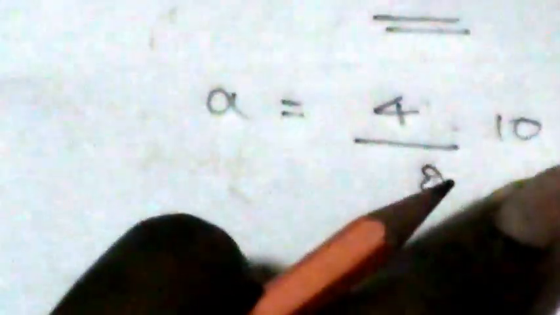So from that I can say, another way to derive a, is that a is equal to the difference between these two masses, which is 6 minus 2, which is 4, divided by the addition of the two masses, which is 6 plus 2, which is 8, times g, which is 10. So 4 by 8 is half, times 10 is again 5. So this is an additional way, if you remember it. The solution here equals 5 meters per square second.